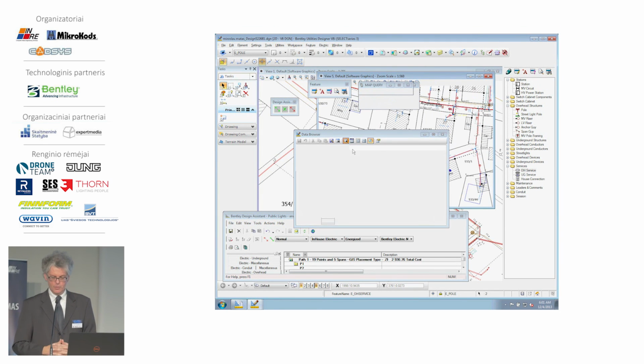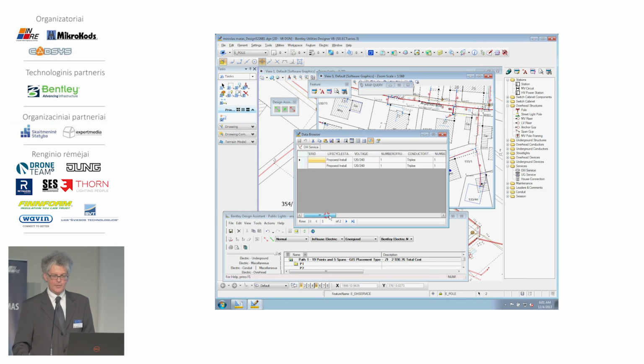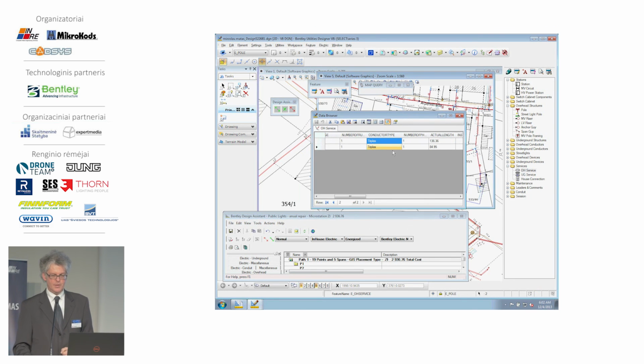So in this case, you're actually looking at the electric network, right? So you see some of the features that are here, the poles, the low voltage, medium voltage, you see overhead, as well as the underground bundles that we can use, of course, for electric cables. Right, I'm closing this down and just